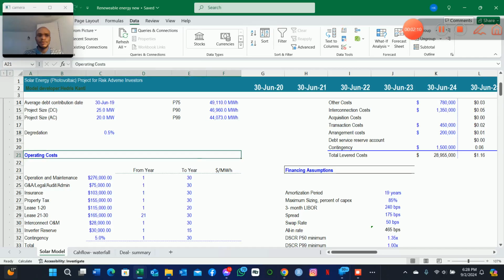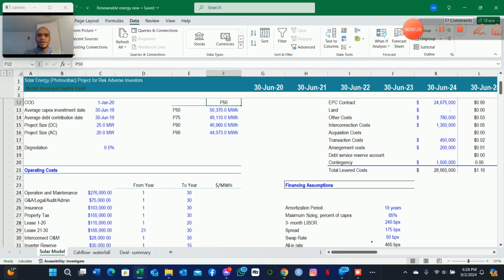Because we want to make this model dynamic, we are going to use the index and match formula here. We are taking the dollar cost numbers and dividing them by whatever the megawatt hour of production is